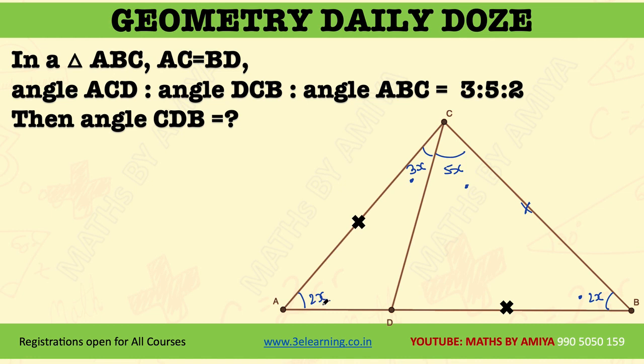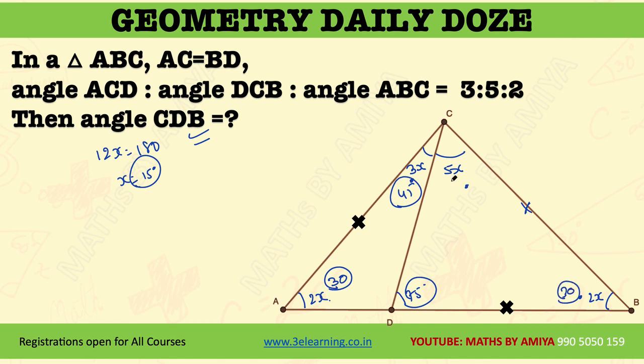So we have 2x plus 2x is nothing but 4x, and 8x. Total is nothing but 12x, and the summation of all angles, which is 12x, is 180 degrees. So x is nothing but 15 degrees. So this angle is 30 degrees, this angle is 45 degrees, and this angle must be 75 degrees, and this one is our answer. So this one is 75 degrees, and this one is 30 degrees. 75 degrees is the complete angle of this triangle.